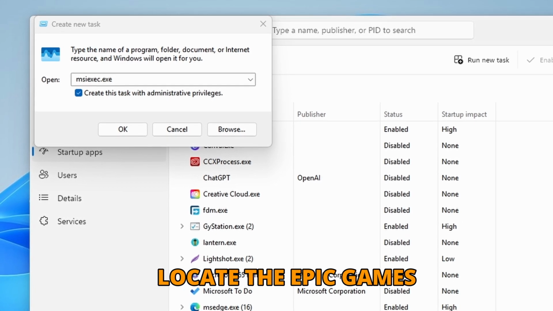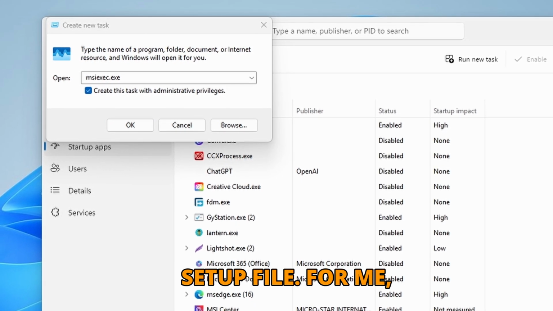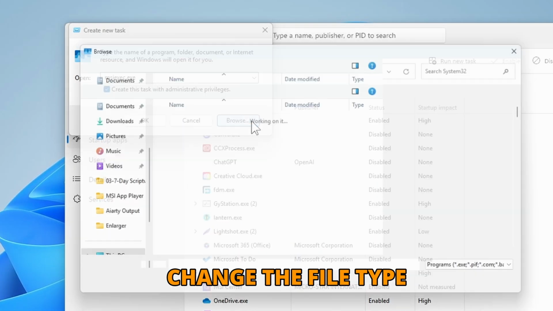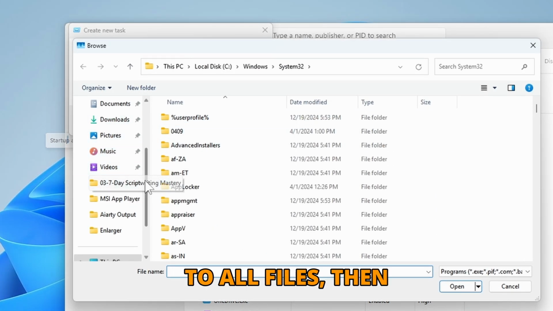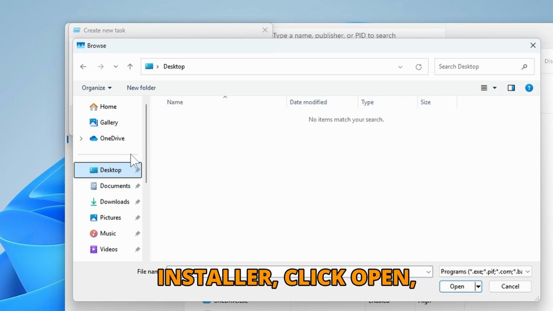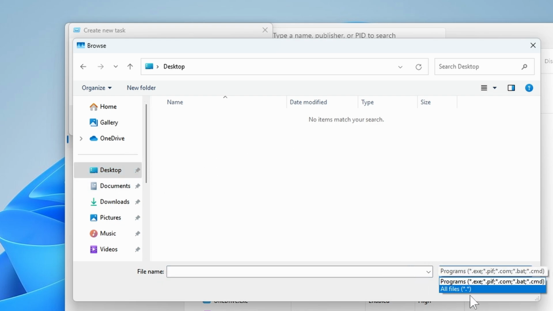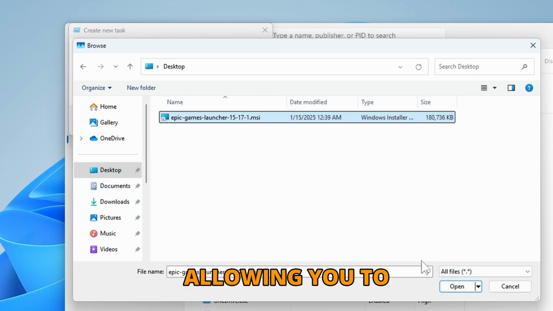Next, click Browse and locate the Epic Games setup file. For me, it's on the desktop. Change the file type option from Programs to All Files, then select the Epic Games installer, click Open, and then hit OK. The Setup Wizard should now open, allowing you to install Epic Games